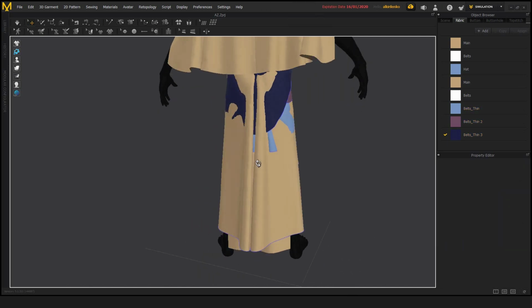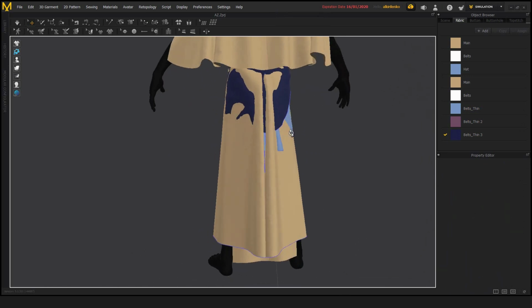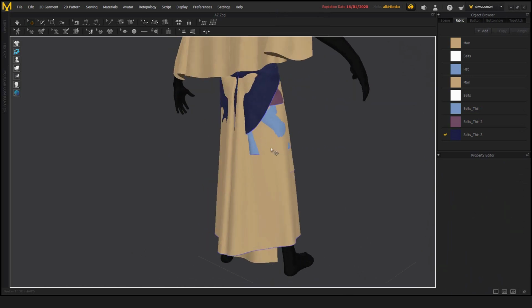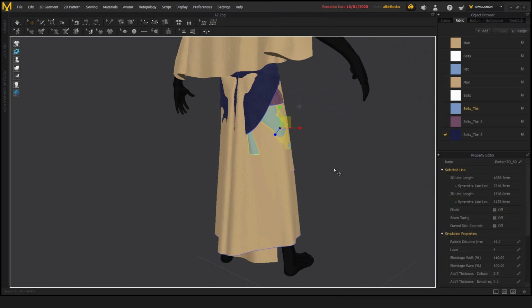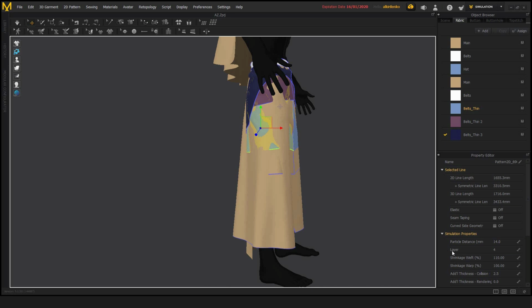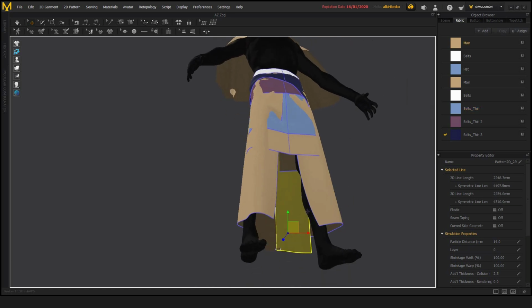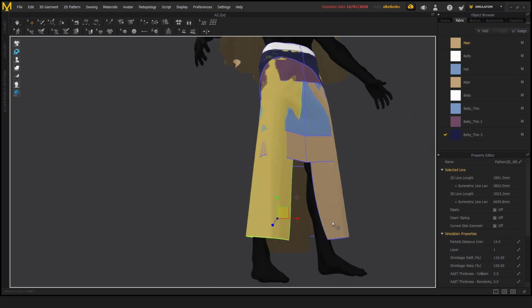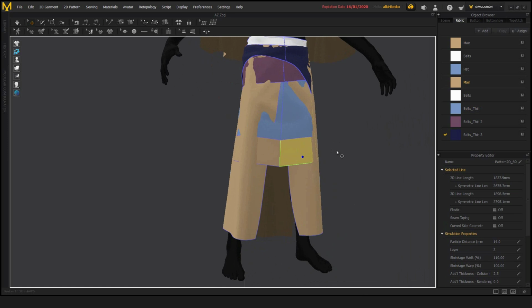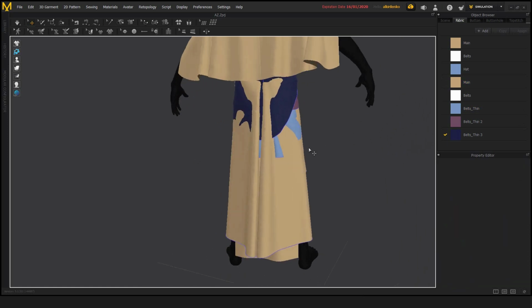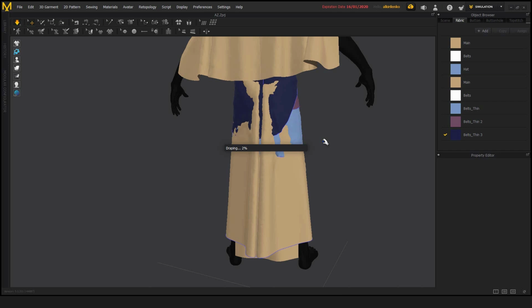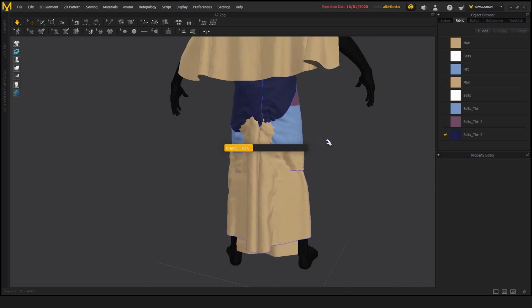And before I actually do that, let me show you what happens if we start the simulation the way everything is right now. And keep in mind that for this method to work, everything has to be on the appropriate layer. So in this case, this piece is layer 0, this is layer 1, this is layer 2, and so on. So if I press space, we're going to have